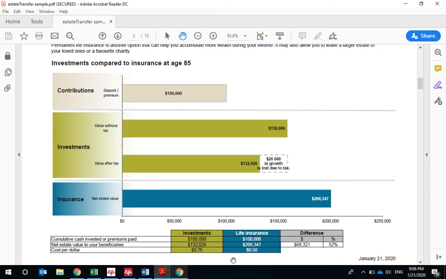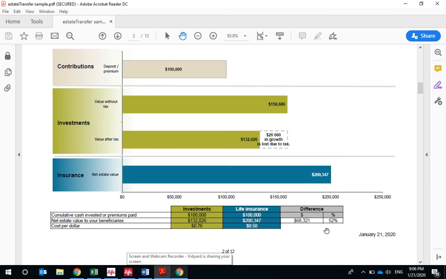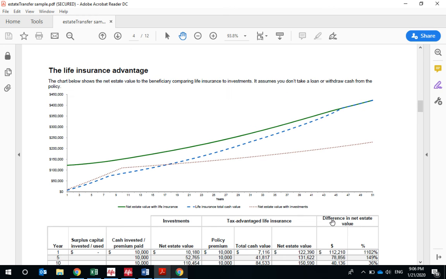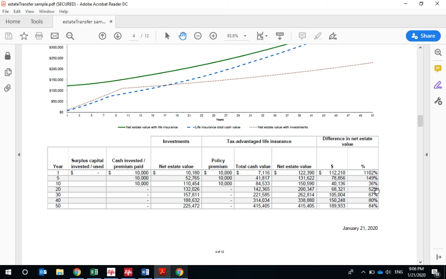And this document highlights it, right? You're going to have 52% more money if you go with this option. And the longer you live, the percentage goes up, actually, as we see on this page, right? It starts at 52%, but as you live longer, you're going to have a larger proportion of money from the insurance policy relative to the traditional investment. And that's related actually to the product there. That's the 10-pay product we're using. So the longer you live, the better it looks. But either way,